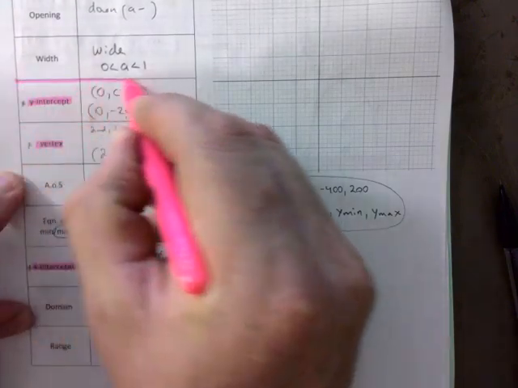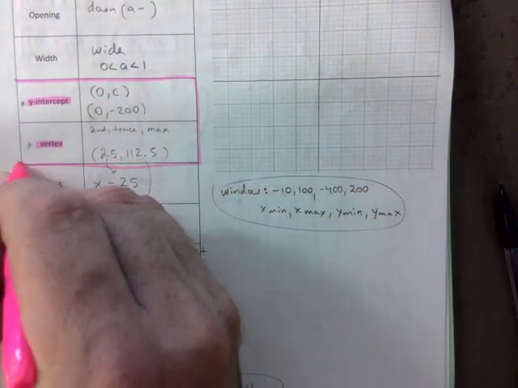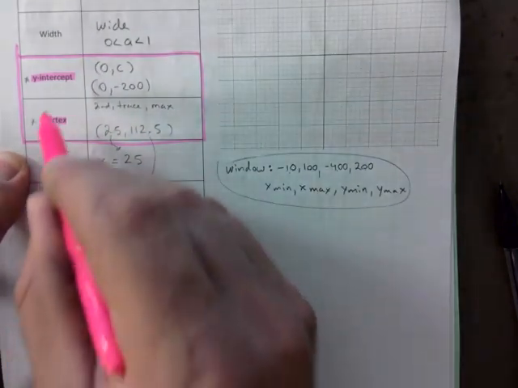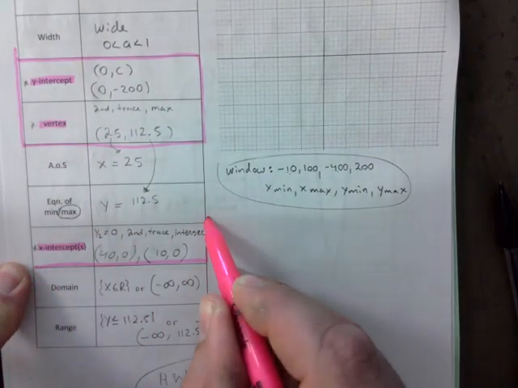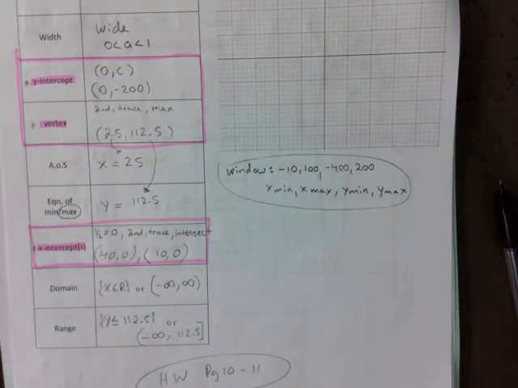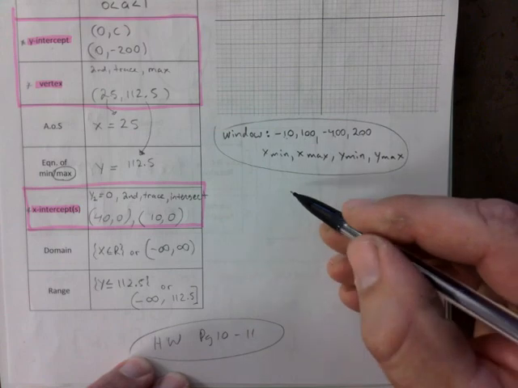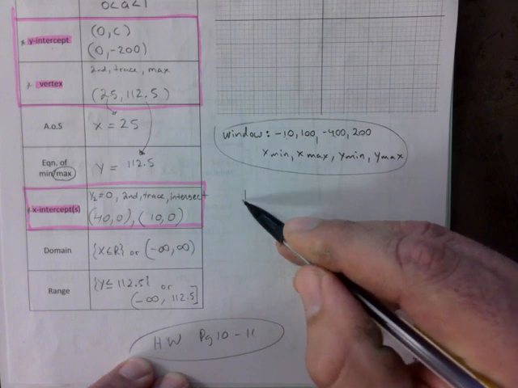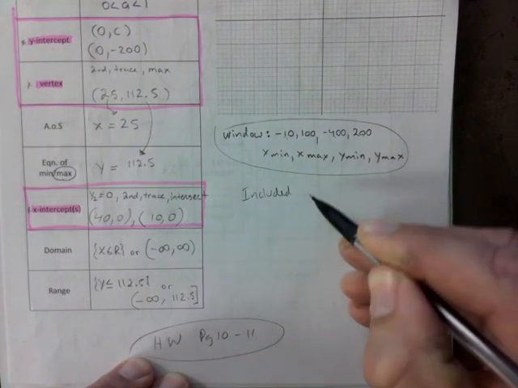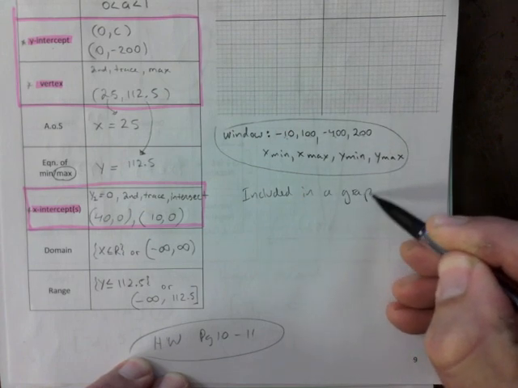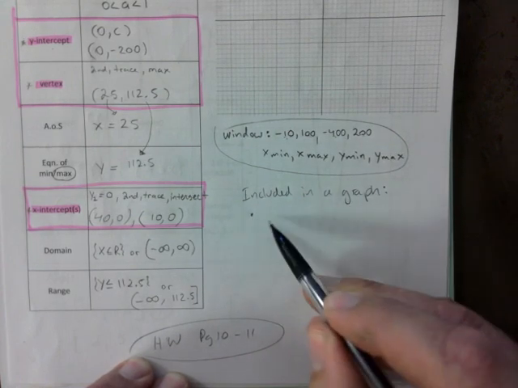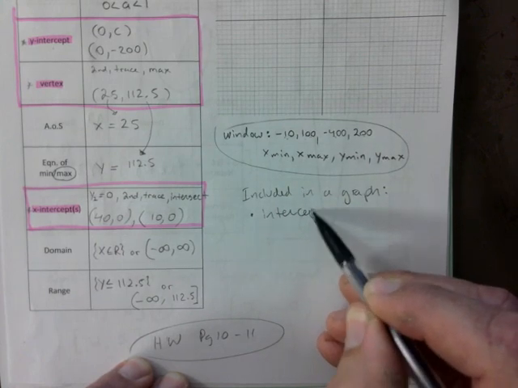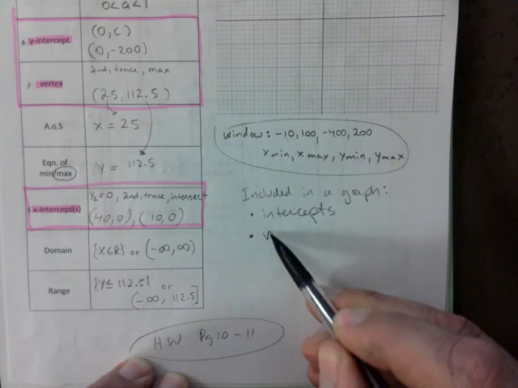So we have that on our calculator, we keep that there. I'm going to highlight, my key actually has this boxed in like that, because if you find x-intercepts, y-intercepts, and the vertex, you are good to go for graphing purposes. And you may have seen this on my key already, but I will add that here. In general, included in a graph, you should have, so copy this down, you should have intercepts, you should have the vertex,